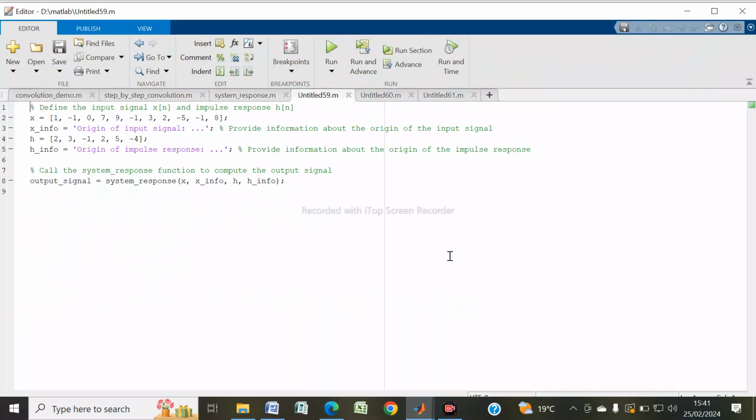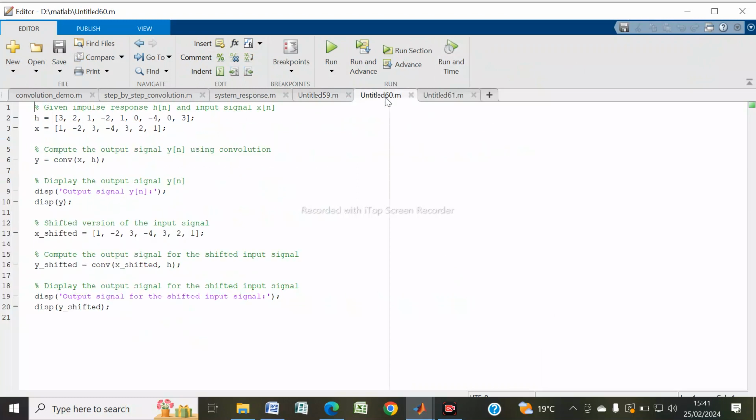Now moving towards our last task, in which we have to give the impulse signal and the original signal, then convolve them and display them, and then we add the shifted signal in them, convolve them, and display the shifted signal. So when I run it,